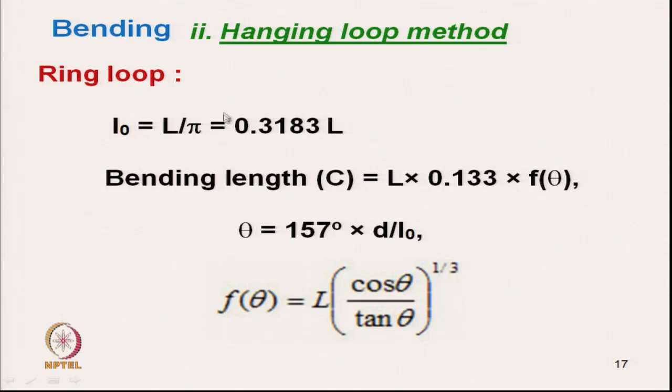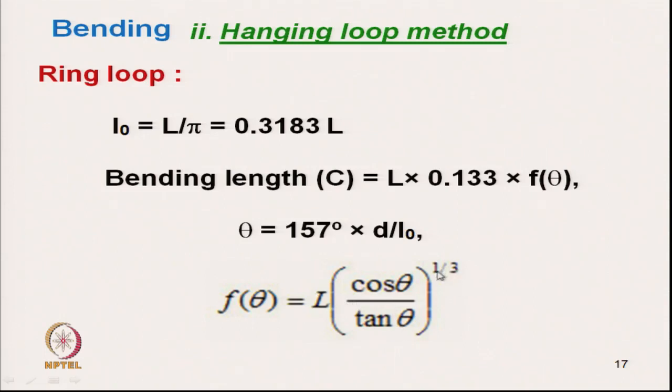So, this is the way we can express it. If we know the L0 value and the deflection d, the difference, then we can calculate the bending length using this formula, where the function of theta is